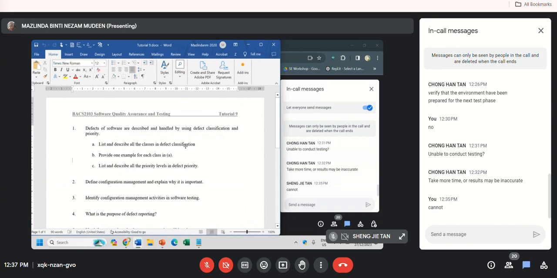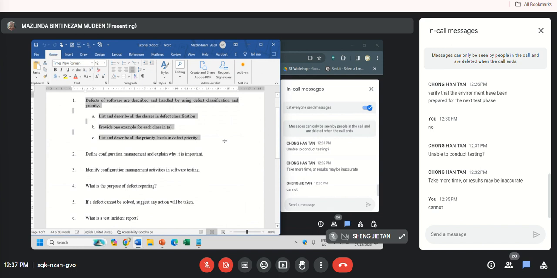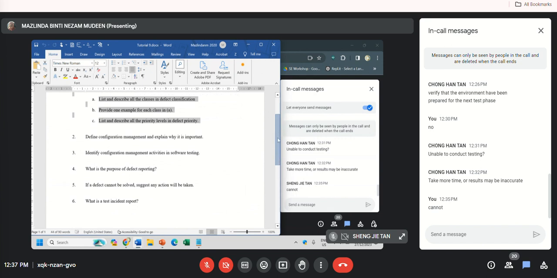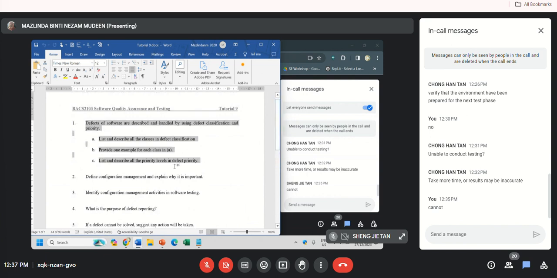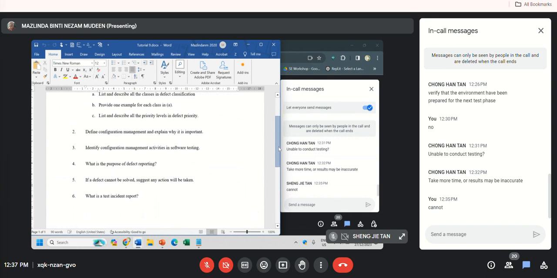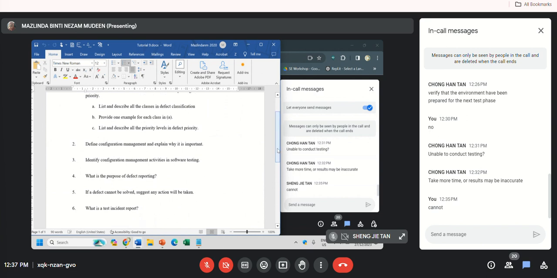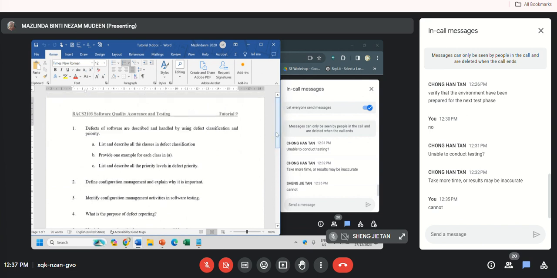Okay, so defects I already discussed last week. So this question is about defect classification and priority. Let's see all the defect-related questions first. So we will discuss question 1 first, and then question 4, question 5, because the other questions are actually for configuration management. I will discuss those last. Okay, so question 1,